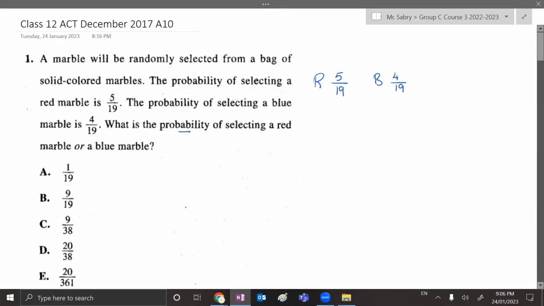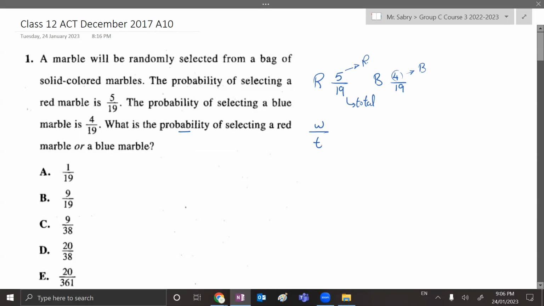So the probability of something is supposed to be the wanted over the total. If they said that this is the probability of red, then this means there are 5 red over the total of 19 other solid colored marbles. And then this means as well that this 4 represents the number of blue